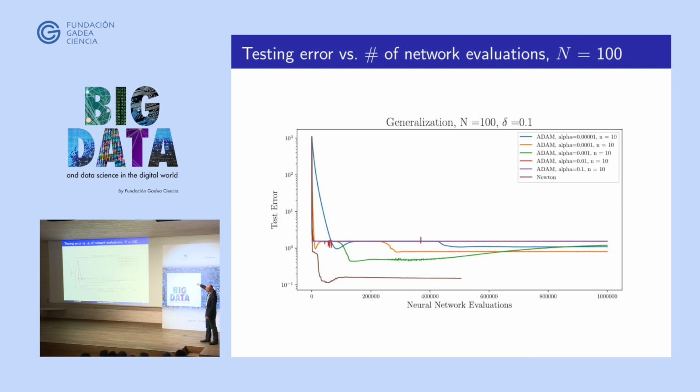And what you see is the Newton method rapidly, within a handful of network evaluations, decreases the generalization error by 3.5 orders of magnitude, essentially matching the best of the Adam generalization errors. This green curve actually does better, but it's not clear where you stop it. If you go to convergence, then you get a much poorer generalization error. So within a handful of iterations, several orders of magnitude fewer network evaluations, you get the same generalization error, and then if you let it run, you get maybe an order of magnitude better generalization error. And that order of magnitude is quite large.